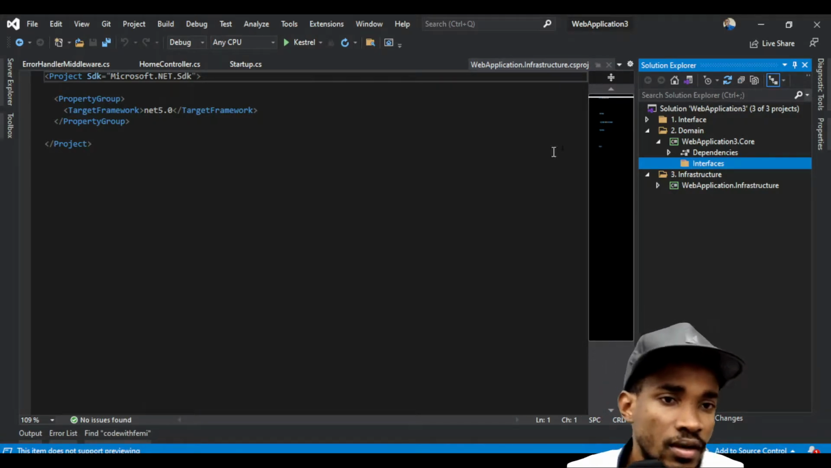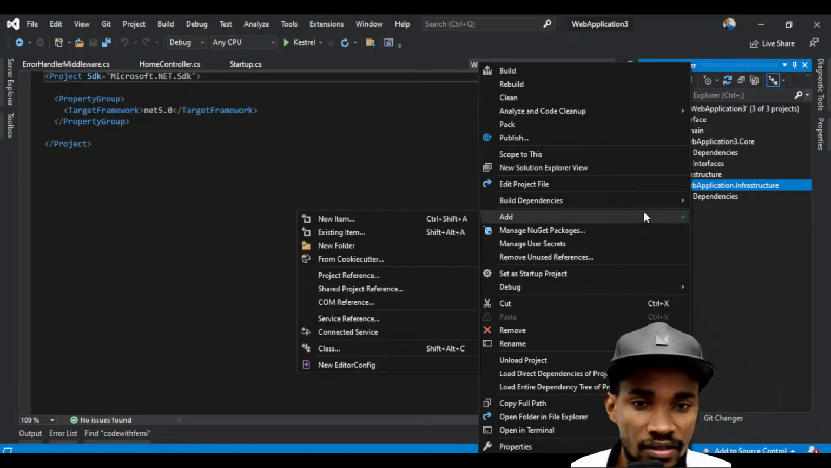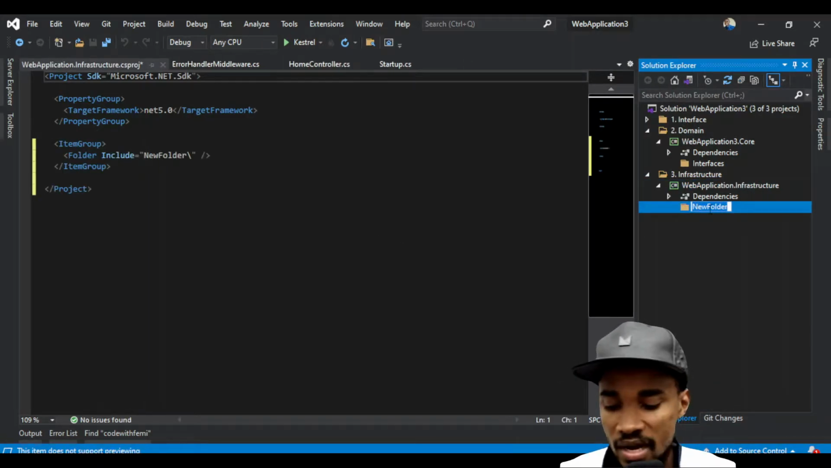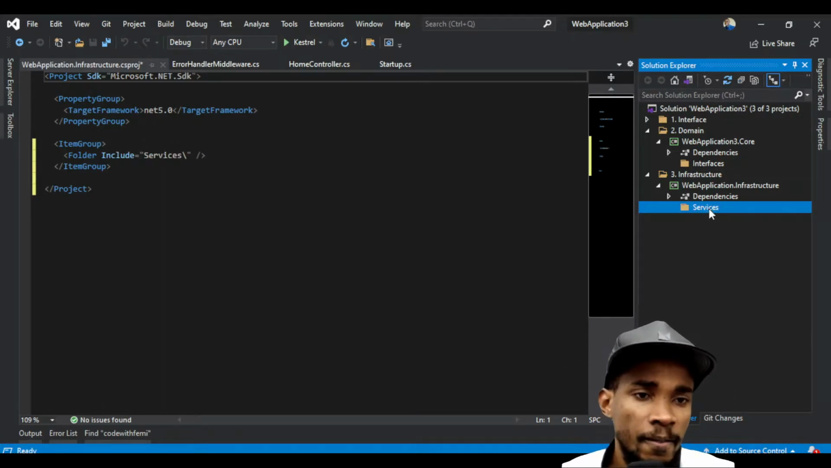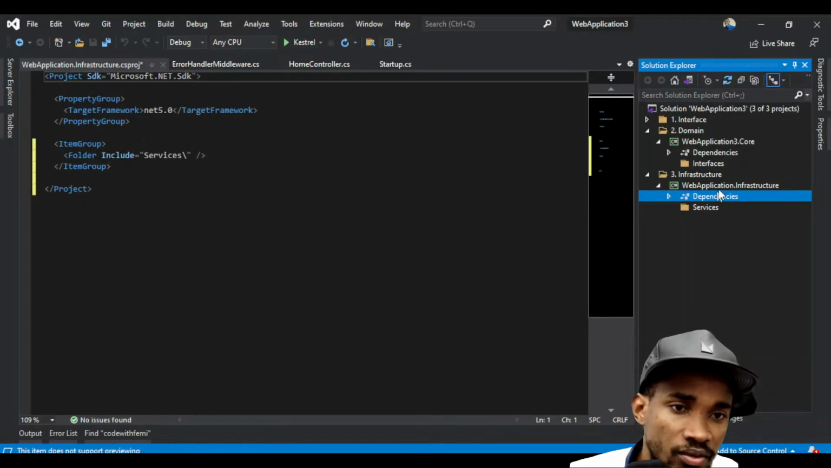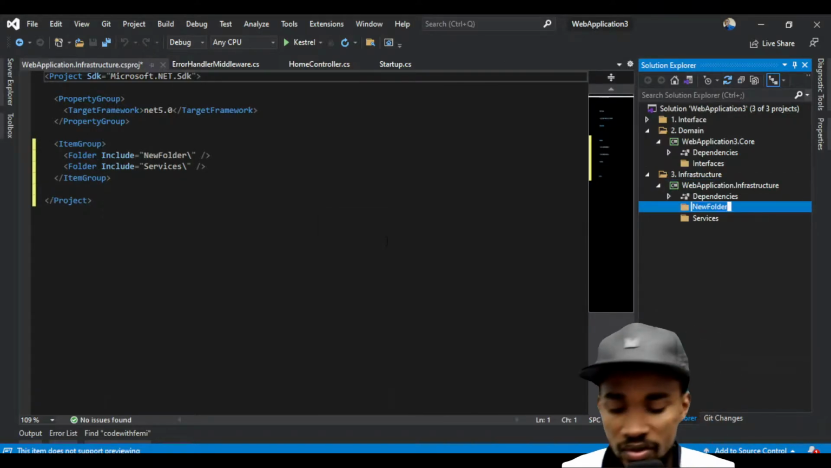Interfaces there. Then in here we create another folder and call this one services. Let's create all our folders first, and then we create